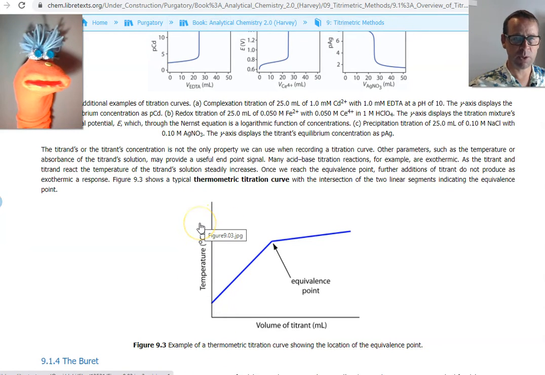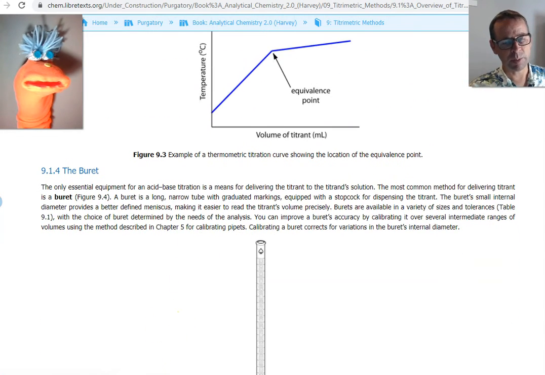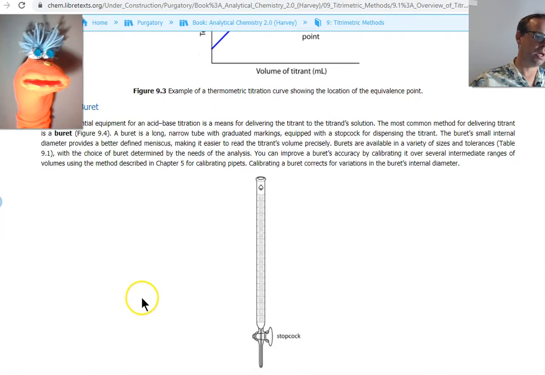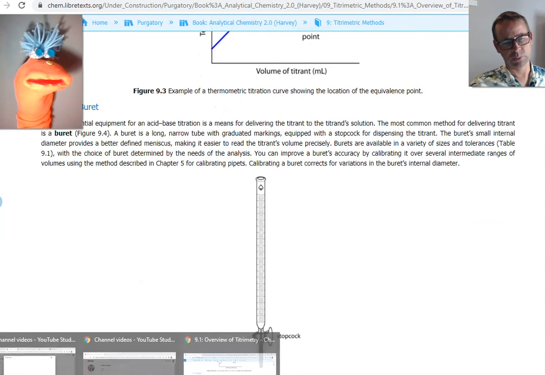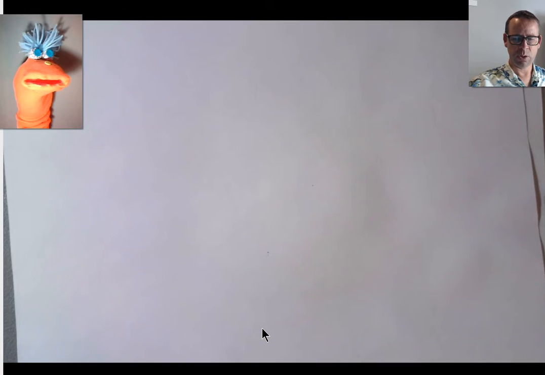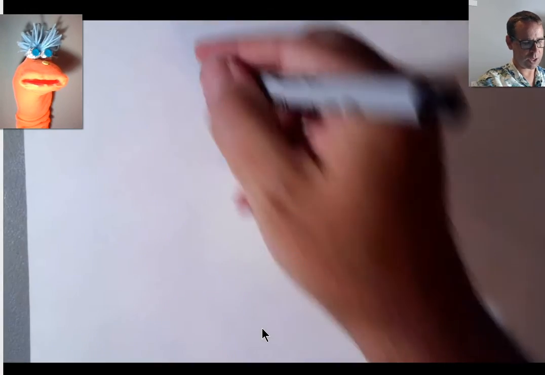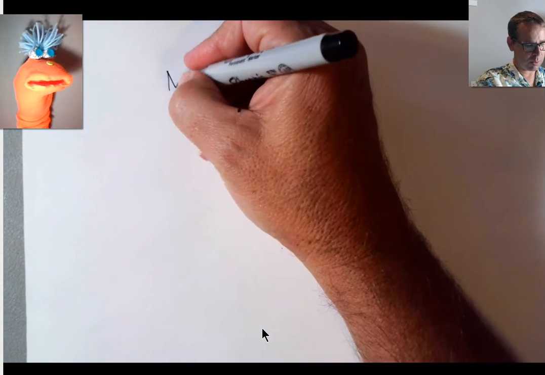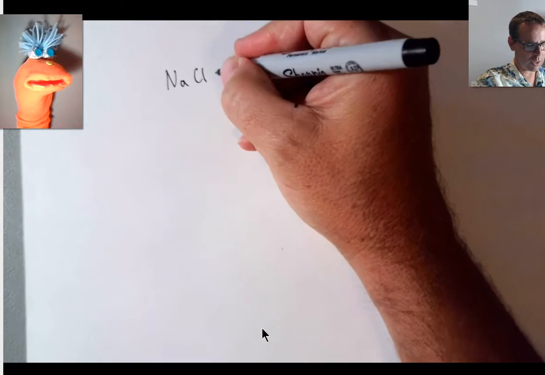You can do the same thing with conductivity, for example. You can monitor the change in conductivity. Let's talk a little bit about a conductivity titration. So if I'm going to have a chemical reaction in which I take sodium chloride and I